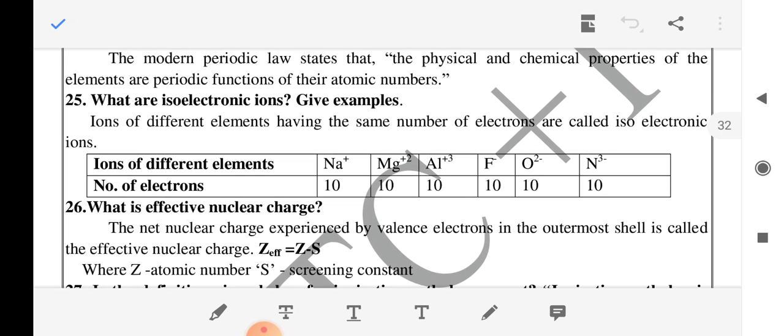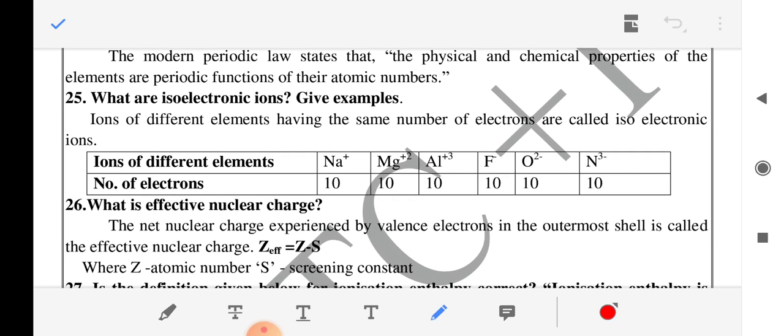Then second question, what are isoelectronic ions? Give example. Isoelectronic ions means ions of different elements having the same number of electrons. So ions of different elements, here sodium, magnesium, aluminum, fluorine, oxygen, nitrogen. We know the atomic number of sodium is 11, so it loses 1 electron, becoming Na plus, so the number of electrons is